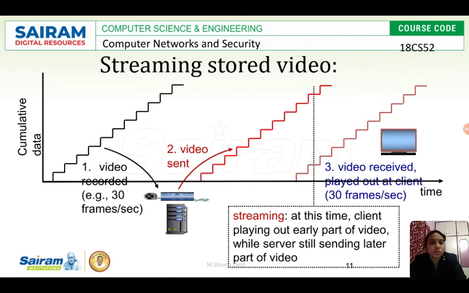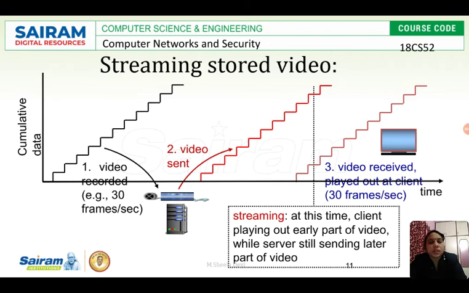These are the challenges: the first one is continuous play out, the second one is interactivity. What is interactivity? It is moving forward, backward, reverse, pause, all these options. Then we can say that we have good interactivity. So these are the challenges in providing good quality video.